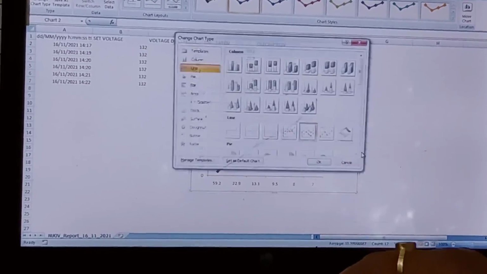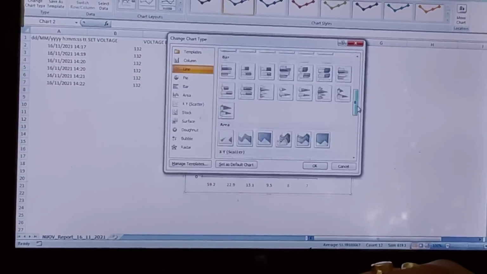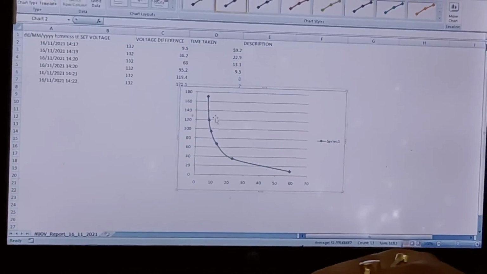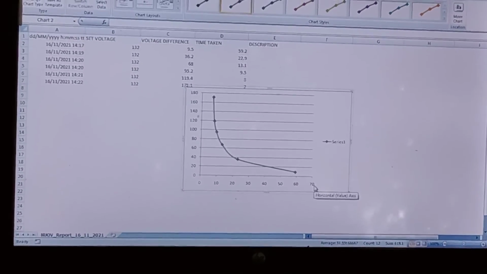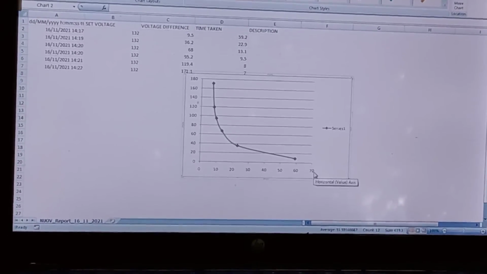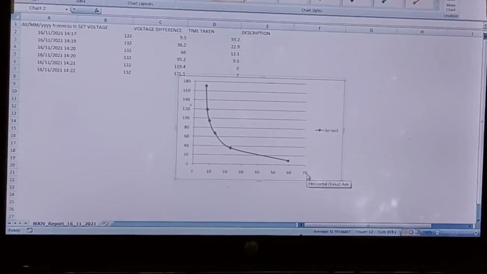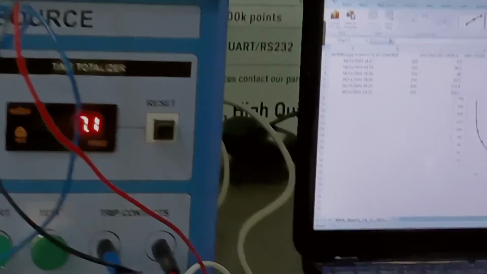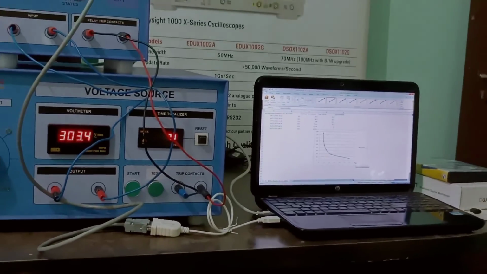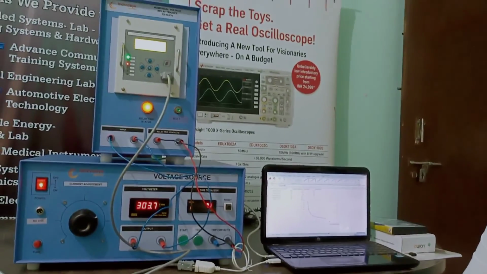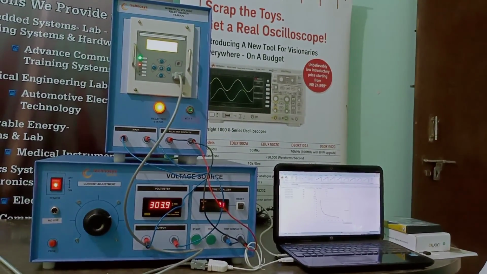Now change chart type and we'll go to XY plotting. Now you can see the desired graph for the IDMT curve, which is looking very good. We are getting a very good IDMT curve here for this particular relay. So this is the operation while we are doing it in SCADA mode. So we can have a graph directly over here. So we have demonstrated the numerical over voltage relay in complete format, manual and also with the SCADA. Thank you very much.